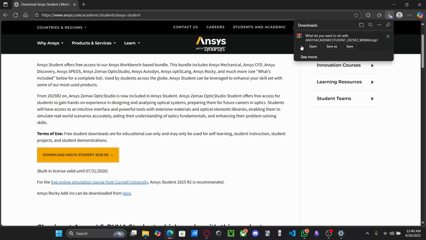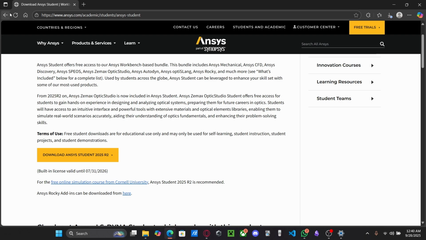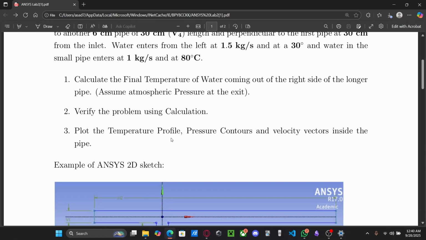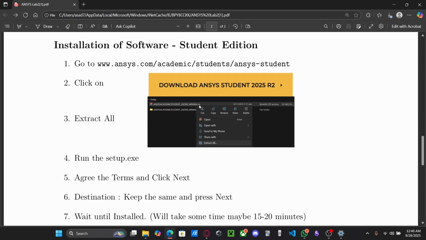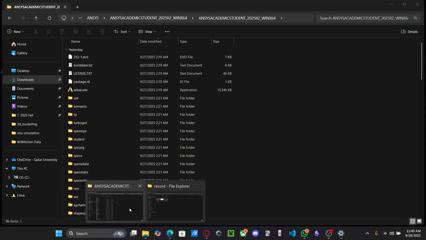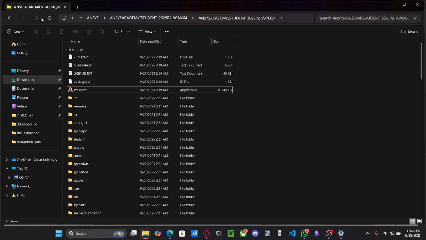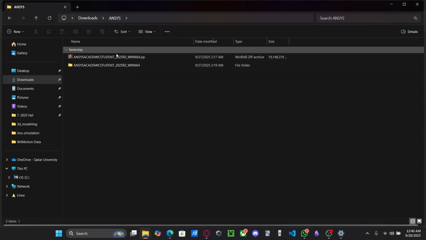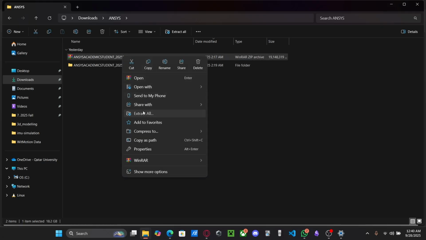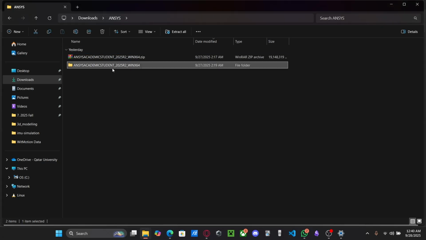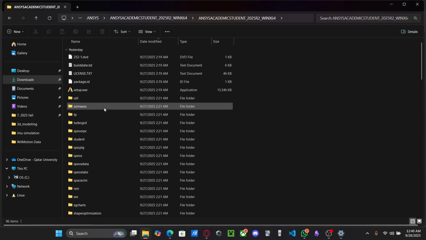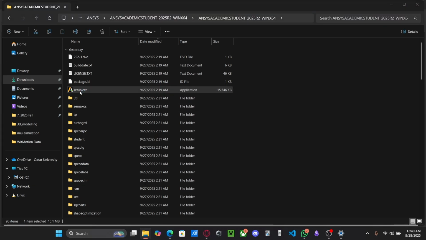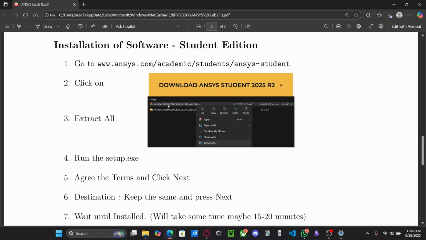Now mine is already saved, so I don't need to save it again. So I'll go back. Now what you need to do is extract this file. If you go back, you'll have this file. You can extract it, and then you'll have the file over here. You double click it, click on setup, and then from there you just run the setup,